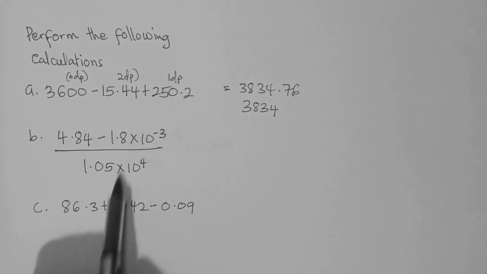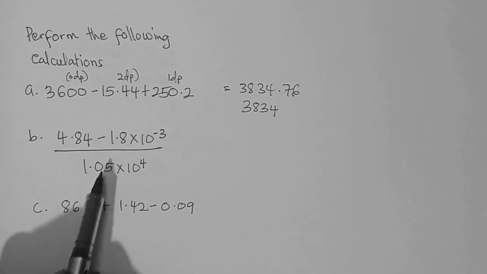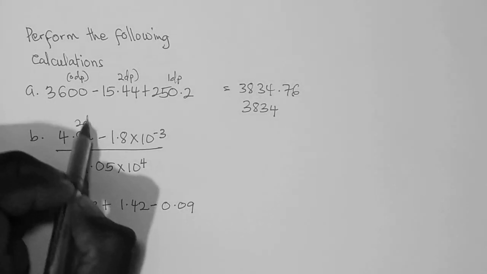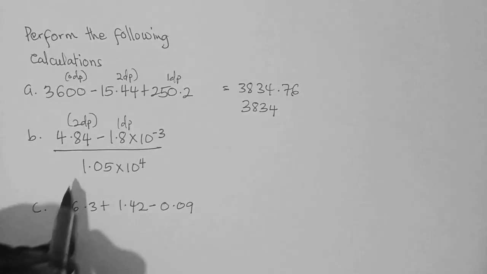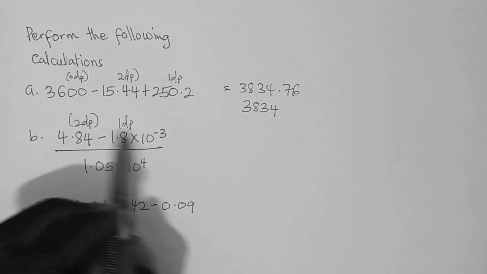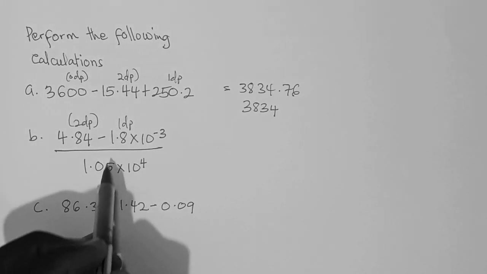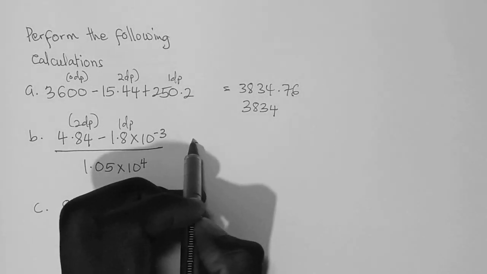When we do the division, the most important thing will be the number of significant figures. Here is 2 decimal places, and this place is 1 decimal place. So if we do this subtraction, we need to leave it in one decimal place. If you use a calculator to do this subtraction, we are going to get